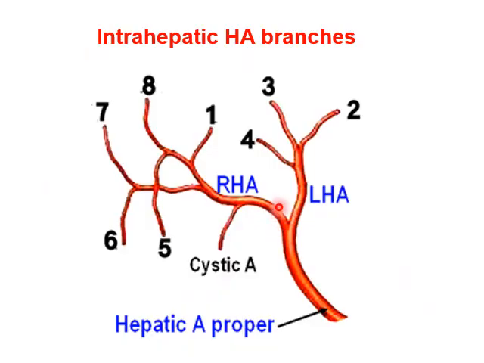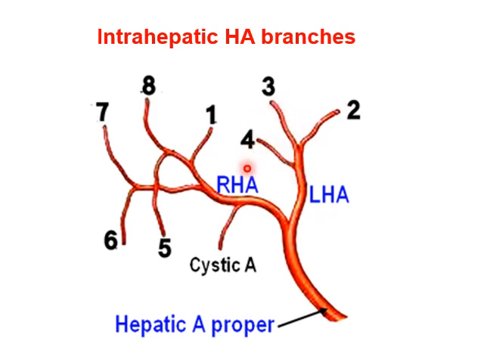At the porta hepatis, the hepatic artery divides into a long left hepatic artery and a short right hepatic artery after giving off the cystic artery. The left hepatic artery branches into a lateral branch and a medial branch. The lateral branch supplies segments 2 and 3. The medial branch supplies segment